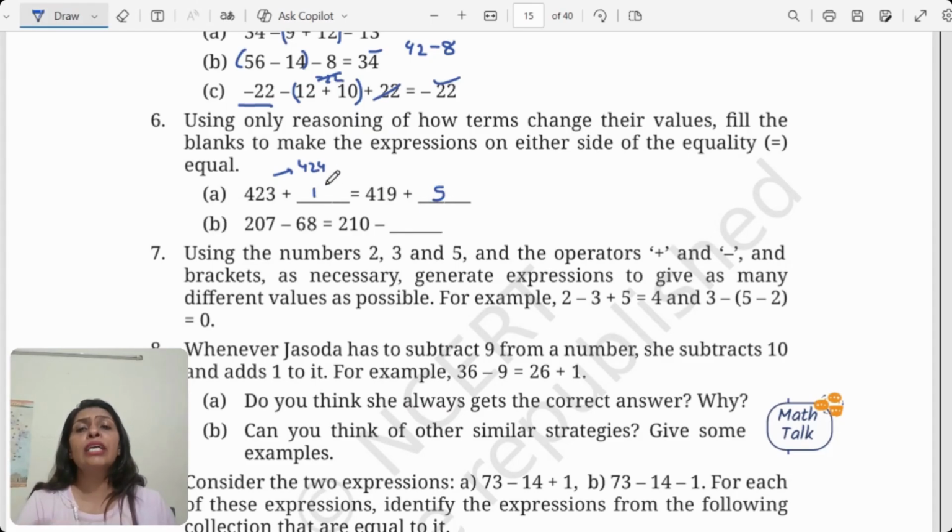Now for instance, some child will say, ma'am, I do not want to put 1, I want to put here 10. All right, no problem, you can put a 10 here and this number will become 433, sorry. So what will you do? Now you will check out what number I need to fill here with 419 to make it 433. Simple, right? So this question can have multiple answers and you can try fixing your own answer, which one you want to pick up.